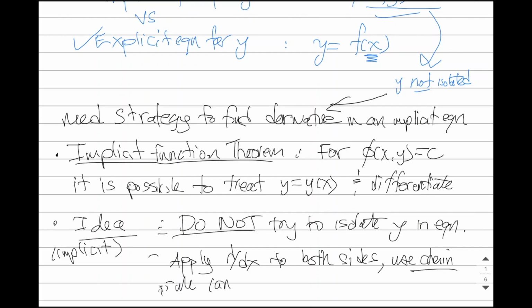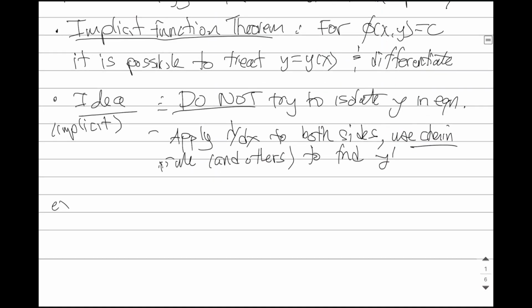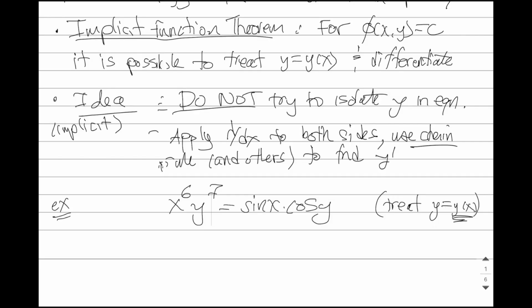Now, rather than describing it, I'm going to take that expression that I gave you a little bit earlier, that equation, x to the power of 6, y to the 7 is sine of x times cosine of y, and I'm going to treat y as a function of x. I don't know what function it is. Maybe it's e to the x, maybe it's sine x, maybe it's some weird mystery jumble. And I don't care. What I am going to do is I'm going to take the derivative of both sides